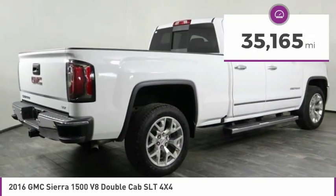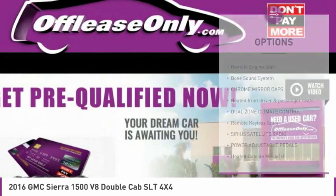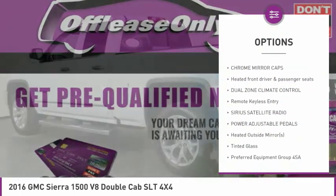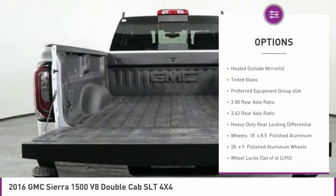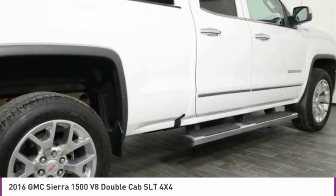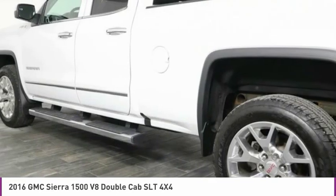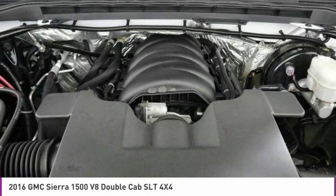This vehicle has less than 40,000 miles. Here are some of this vehicle's great options: remote engine start, Bose sound system, chrome mirror caps, heated front driver and passenger seats, dual zone climate control, remote keyless entry, Sirius satellite radio, power adjustable pedals, heated outside mirrors, tinted